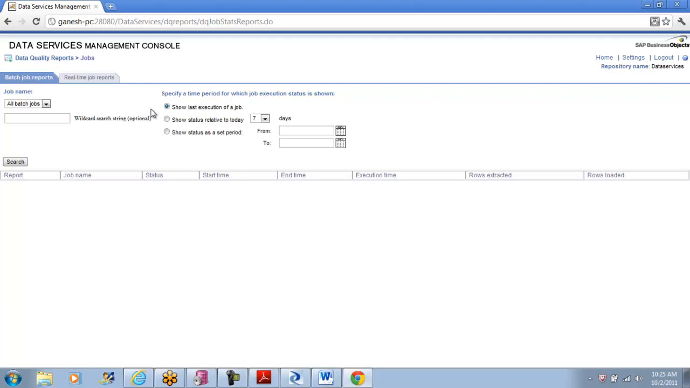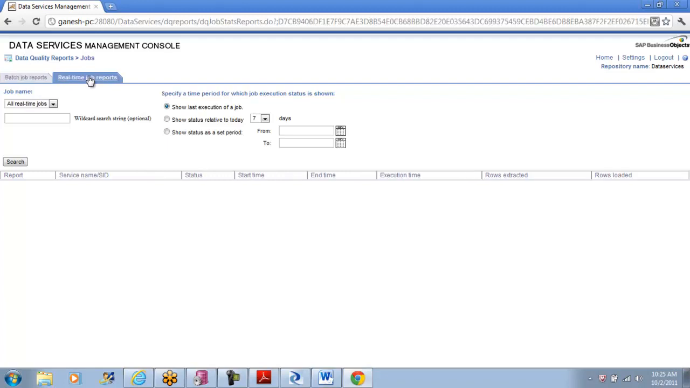In the real-time job reports, it will even generate all those data quality reports. The only difference you see here is the SID, which is the service name, because it is from an online application, the real-time jobs run, and it can also capture the data and show you how the quality was and how it improved. And the same reports